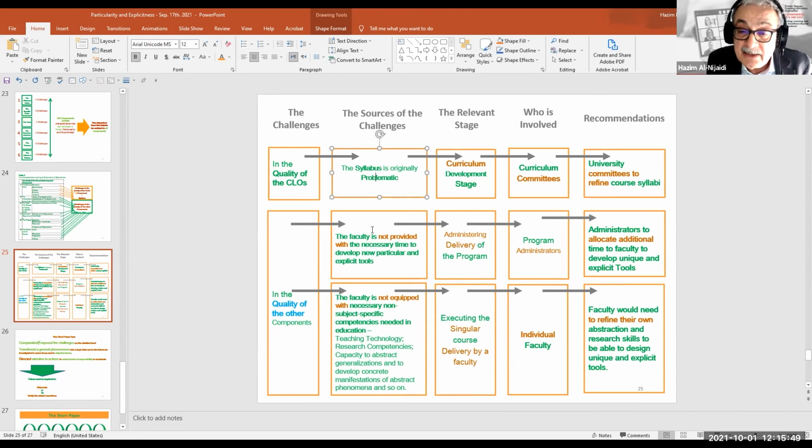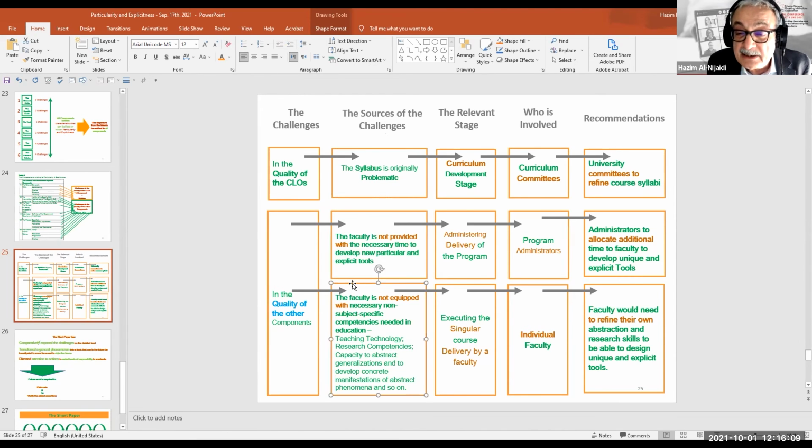When we look at the other challenges and the other components, we see two types. The first one is that the faculty herself is not provided with the necessary time and resources and guidance to develop and design particular assessment tools.